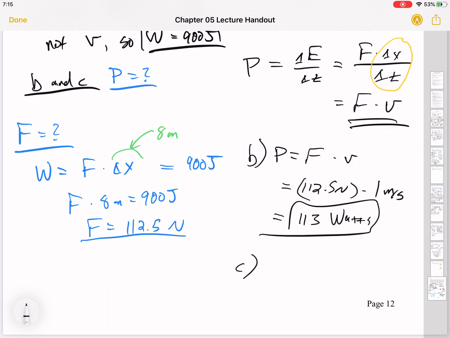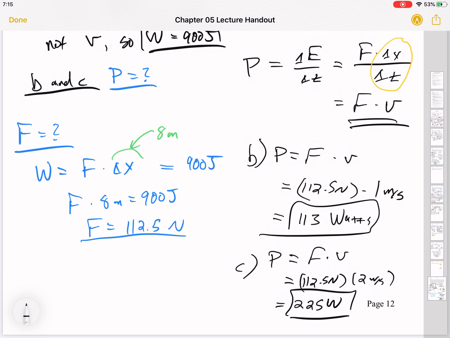And in letter C, power is still force times the velocity. The force didn't change, it's 112.5 newtons, but the velocity is now 2 meters per second. So the power really is twice as much. It's 225 if we round that, 225 watts. Okay,